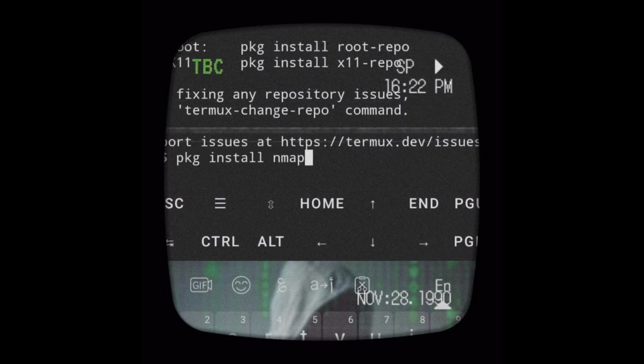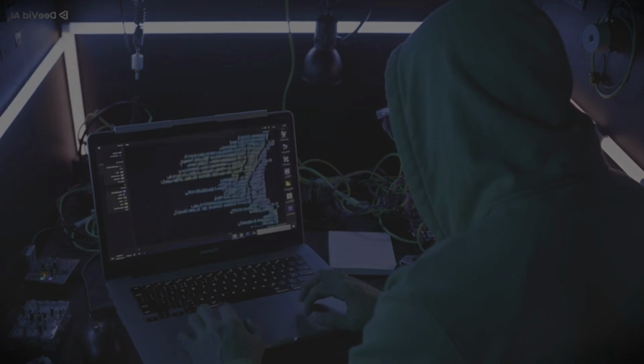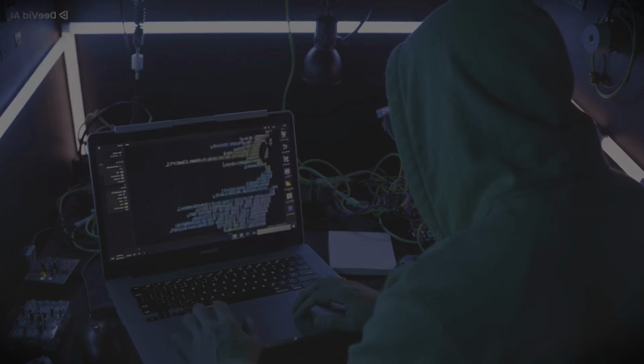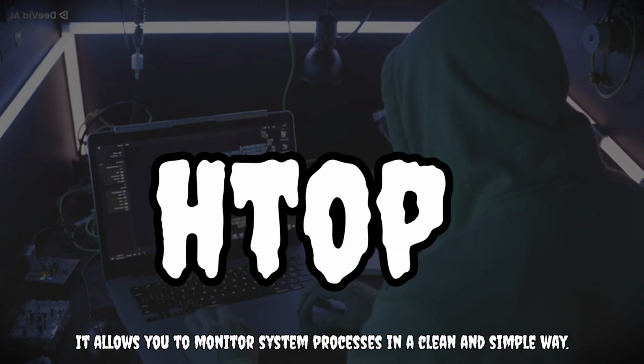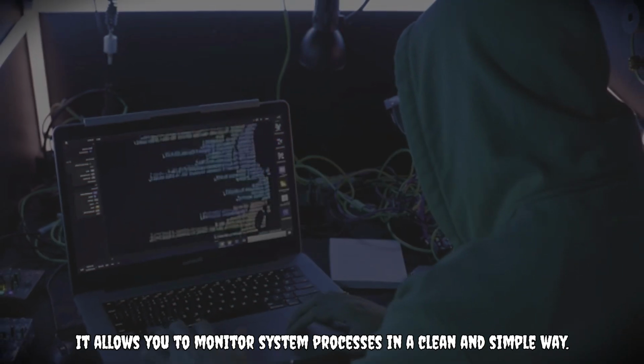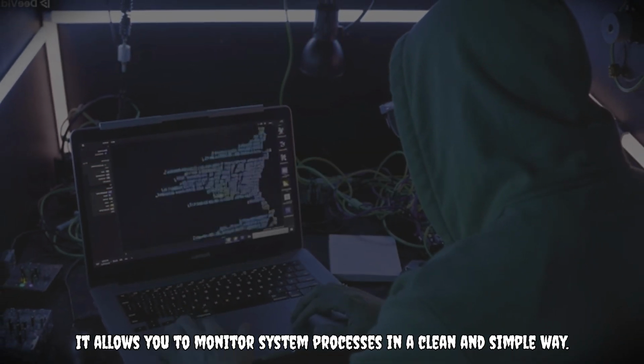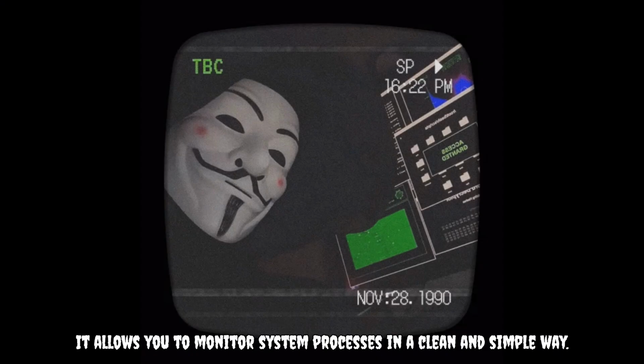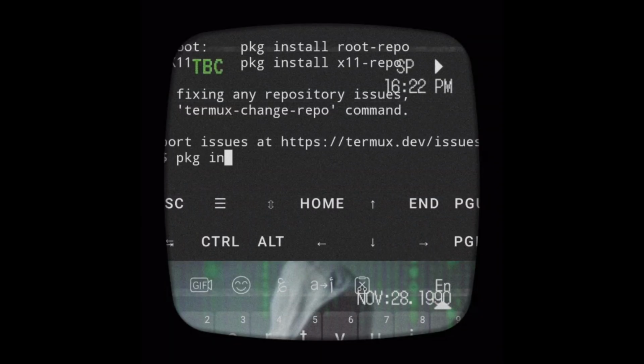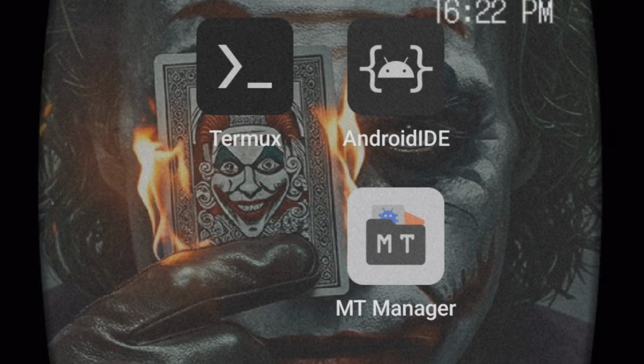As promised, here is the bonus tool. The bonus tool is htop. It allows you to monitor system processes in a clean and simple way. To install htop, type pkg install htop. These are some of the most useful tools